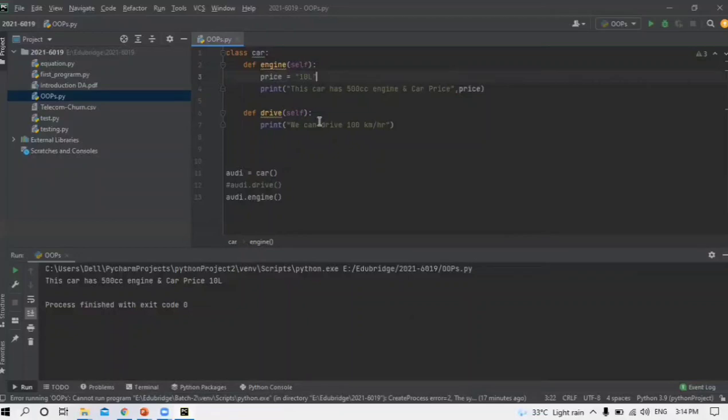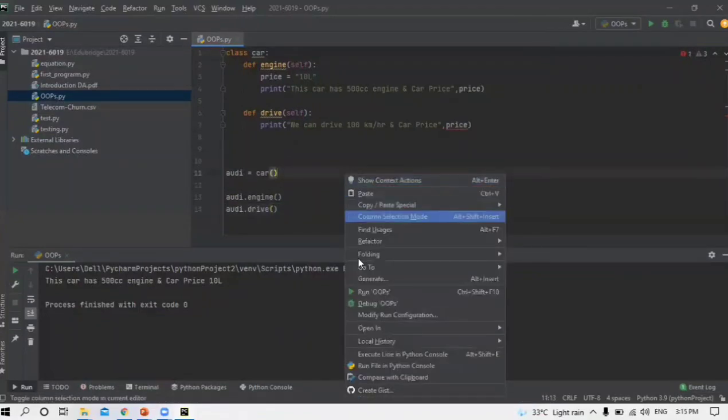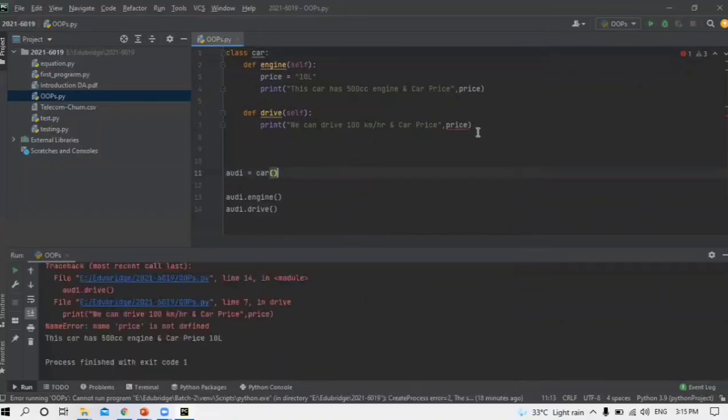Can we use it here, like the same thing, car price, comma, price? Let me uncomment. Obviously I have to call it after engine, because the variable is used in engine only. When I run it, obviously you will get the error: price is not defined.